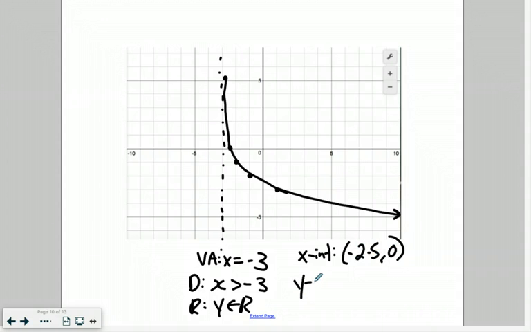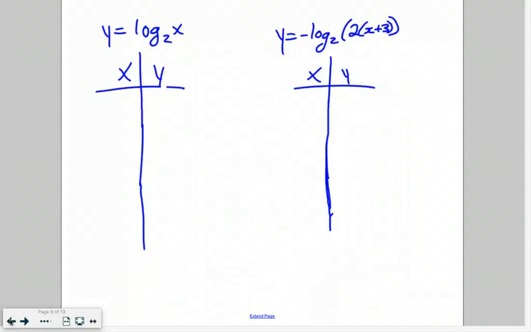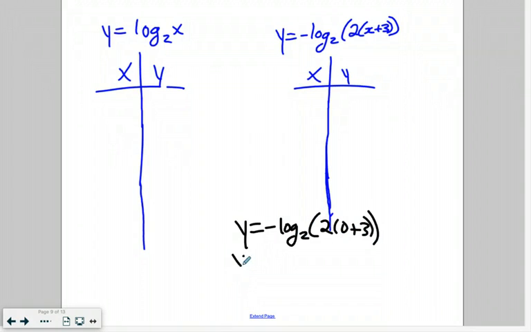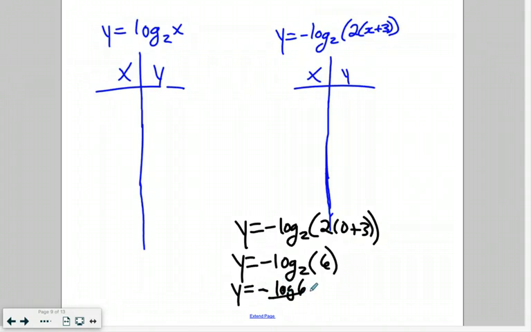And if we needed to find the y-intercept, it's just a matter of setting x equal to 0 and solving, right? So in that case, it would just be a matter of doing y is equal to negative log base 2 of 2 times 0 plus 3, and calculating that, okay? So that would be log 6, right? And this would just be a calculator question where you would have to do negative log 6 over log 2,